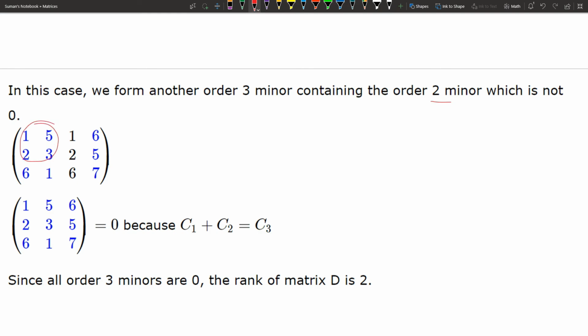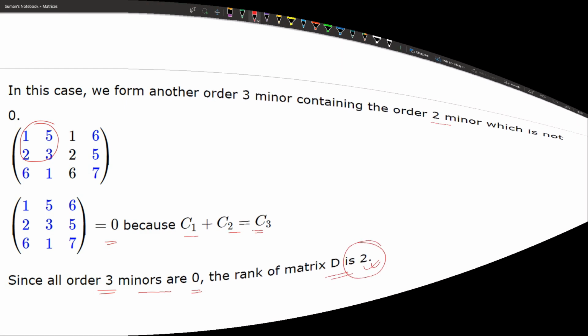So 1 2 6, 5 3 1, 6 5 7, and here once again we are getting the result as 0 because column 1 plus column 2 is equal to column 3. Hence all the order 3 minors are 0. Hence we can simply say the rank of the matrix here is 2. So that is how we can find the rank of a matrix.